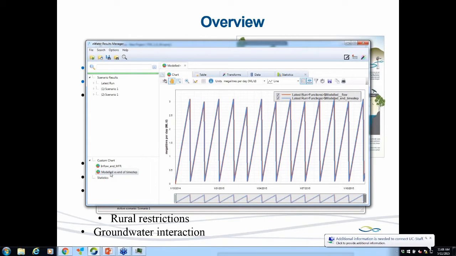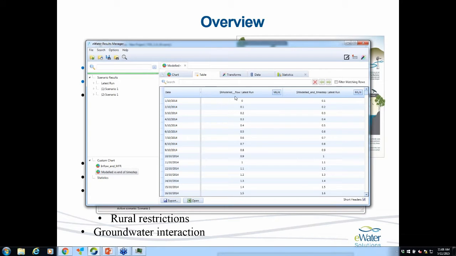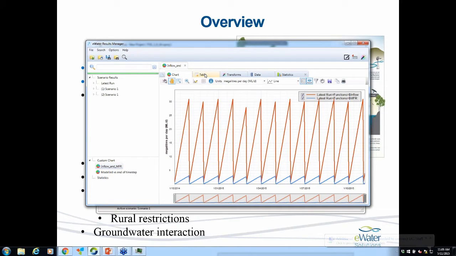And the modelled flow compared with the end of time step. Just look at the table to make that easier. And you can see that the modelled flow is delayed by one time step. As I explained when we were looking at the model variables, the end of time step is reported as not delayed, but that is only available at the end of the time step. So if you wanted to use this value within the time step, you'd actually be using the previous day's value. And if I look at the inflow versus the requirement,